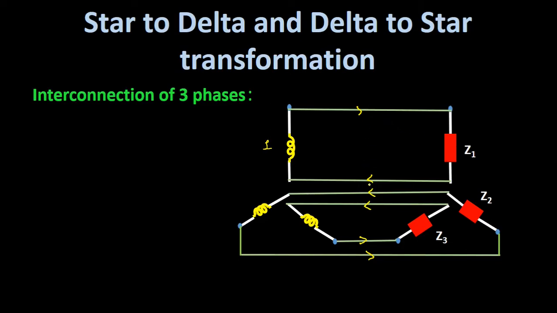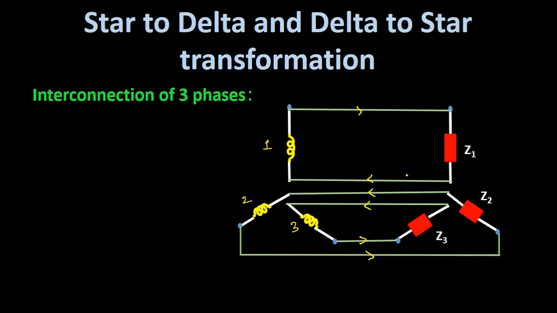Here you can see that for the first winding, if we are connecting this load Z1, then 2 wires are needed, and for the second winding, if we are connecting this Z2 load, then 2 wires are needed. Similarly, for winding number 3, to connect the load, we need 2 wires. So total 6 wires are needed for 3 windings in 3-phase system. This increases the complexity of the system as well as makes the system expensive.